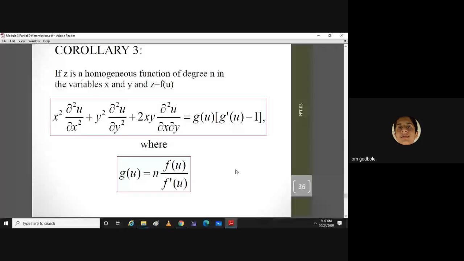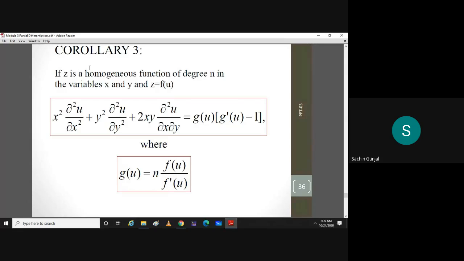Can you explain the third corollary once? Yes, sir, I have a doubt in it. Okay. The example we discussed last time is u equals sine inverse of (x² plus y²). Now, is this function homogeneous? Sine inverse of the bracket x² plus y²? No, sir, not homogeneous, because the power of t is inside that function sine inverse. But I can write that function as sine u equals x² plus y².